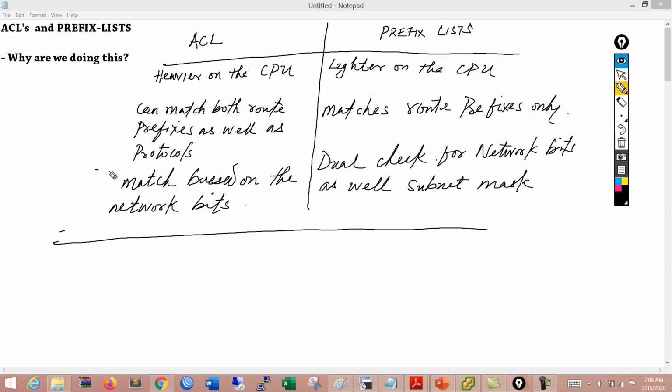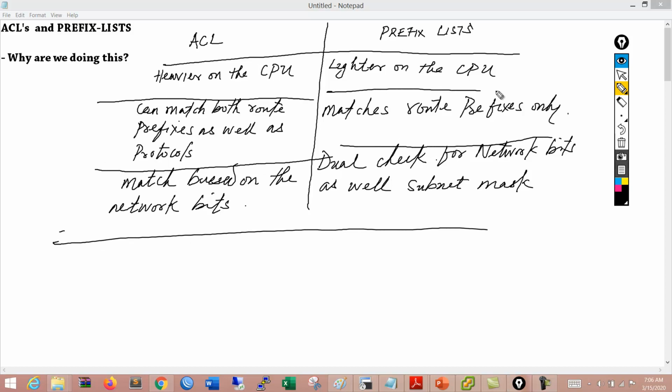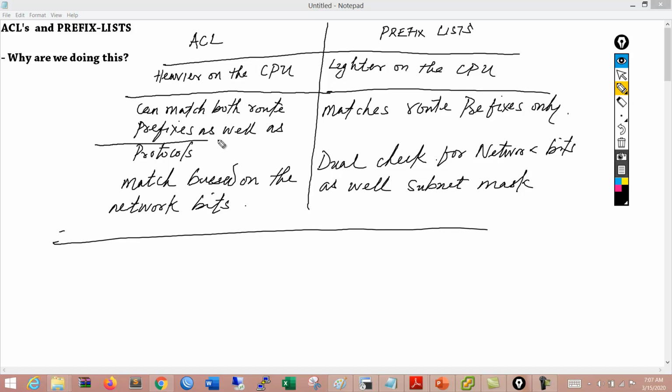Let's actually try to separate this. Okay, so separate it, make it cleaner. All right,